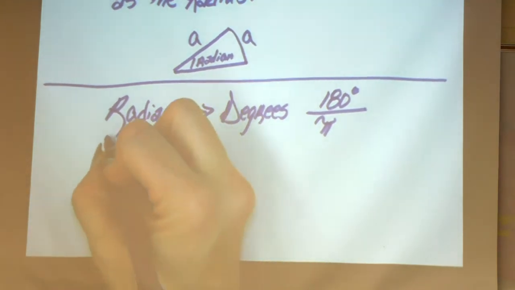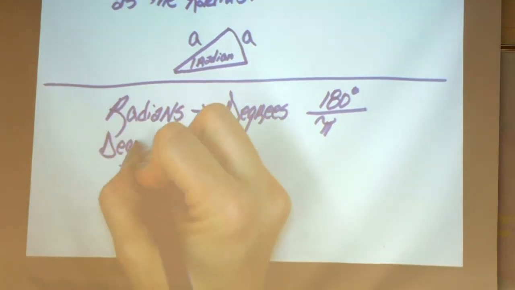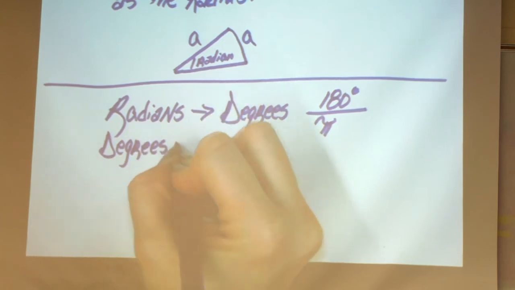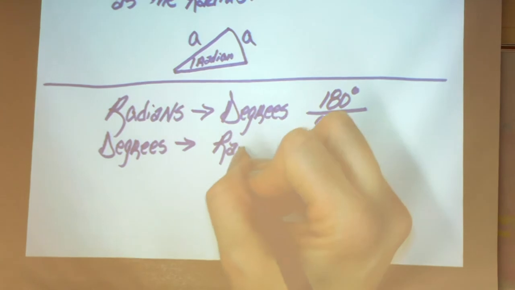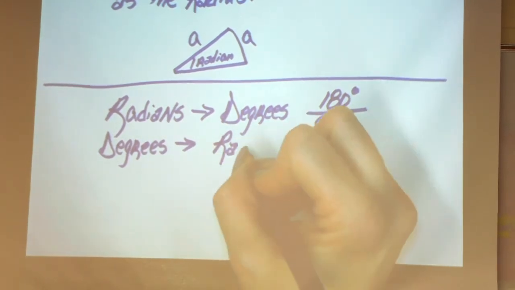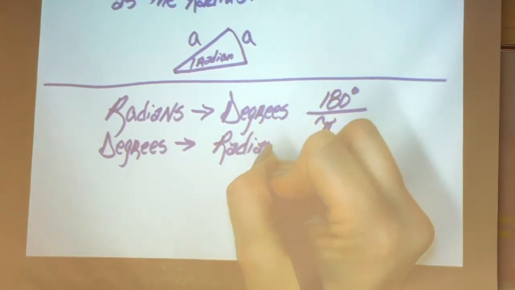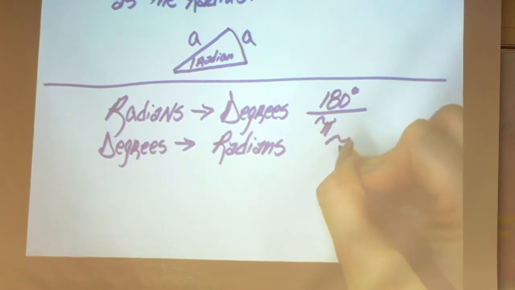Now the other way, say you have degrees and you want to convert it to radians. It's basically the exact same thing, but the reciprocal of that fraction. So I would multiply by pi over